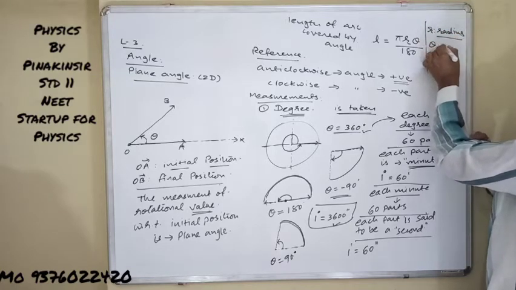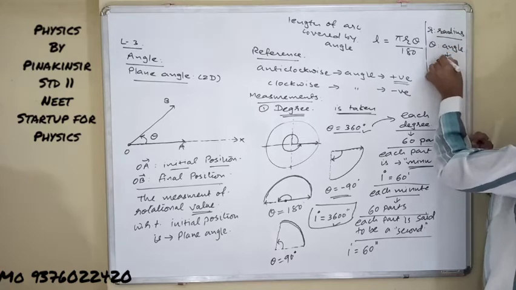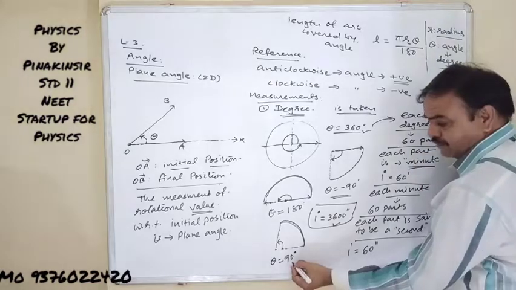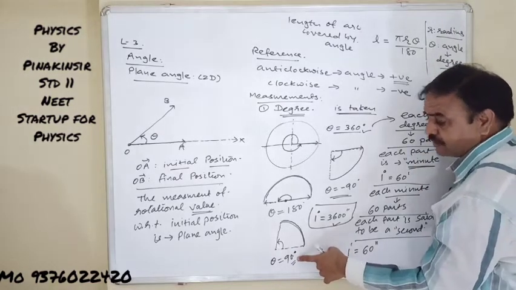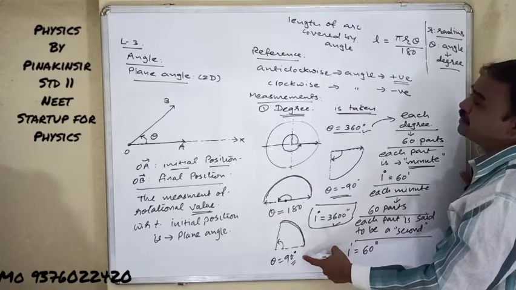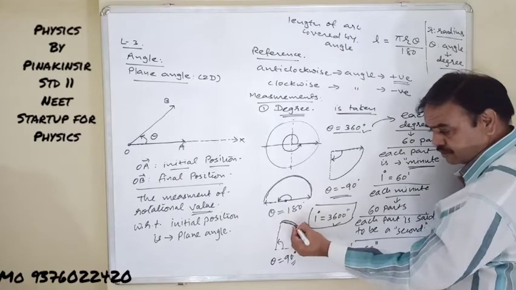and theta is nothing but the angle, but it must be here in degree. Thereby we can substitute 90 for this particular figure. Thereby you will get pi r by 2 will be the length of that particular figure, this much length.